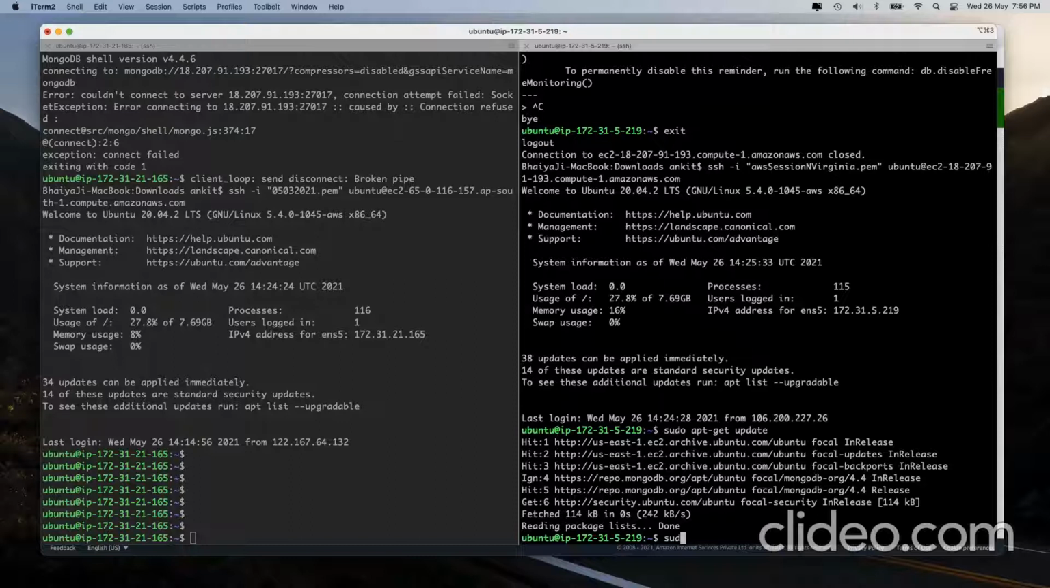let's go and see what is the file. So how MongoDB works actually is,